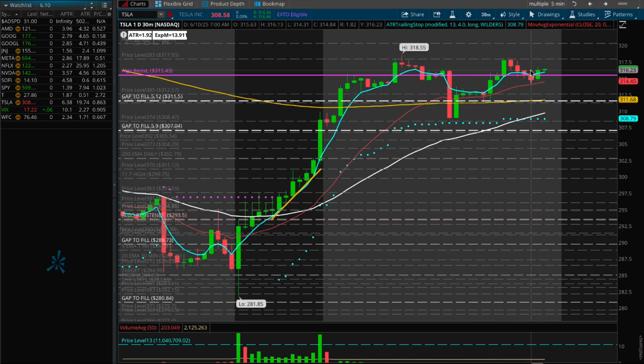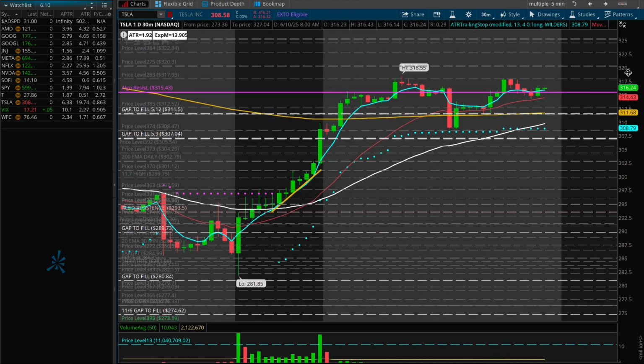So where are the trouble places? Now we're trading in this zone. As I like to say, price has been here for a while, right? So where are the trouble places? We would need to clear back above 317.93. Should we break that area, we could have trouble again around 320.30. Should we break that level for Tesla, 322.84, and breaking that 324.52. Keep in mind there's a few layers there to the